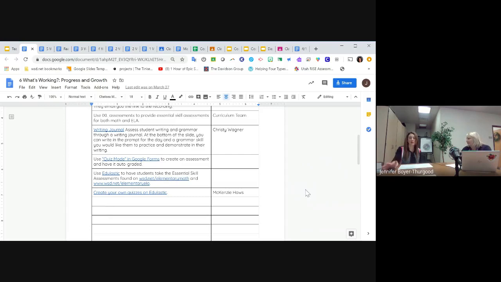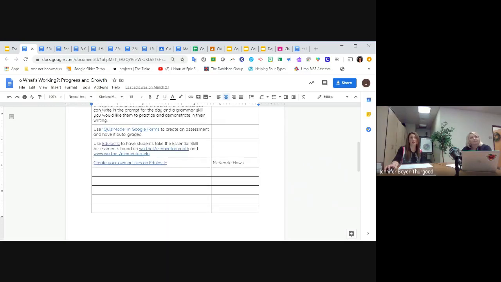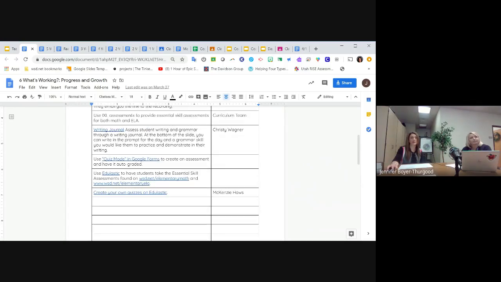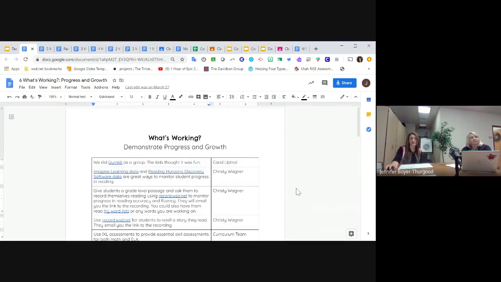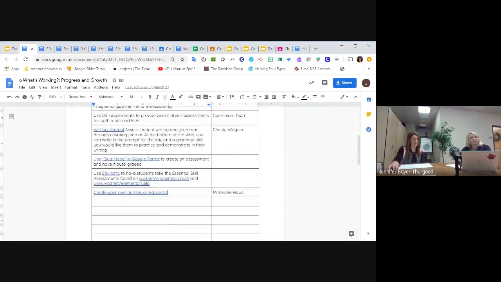So, all of those awesome Edulastic quizzes that our fellows did, they're all on essential skills, and they all have reading passages for ELA and everything that's needed for math. Mackenzie made a how-to on creating your own on Edulastic, because you could use that too if your students are used to hopping on to Edulastic. Here's a list of formative assessment tools, and again, I probably need to add these in here.